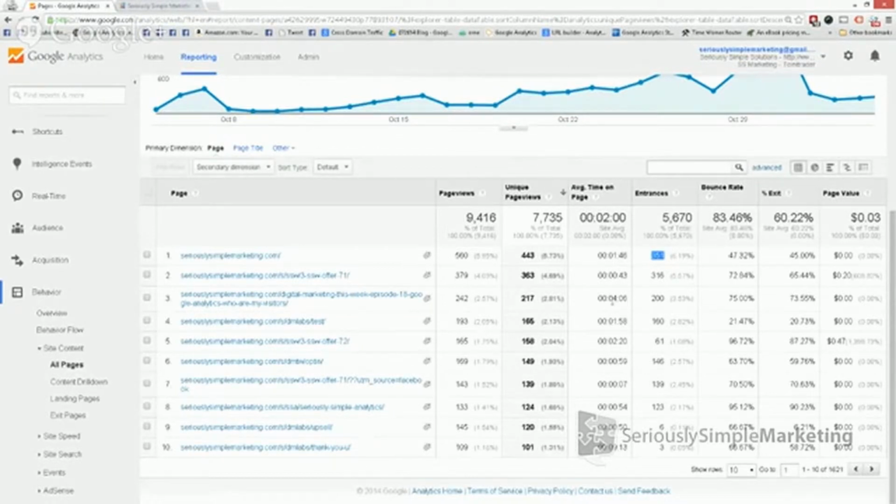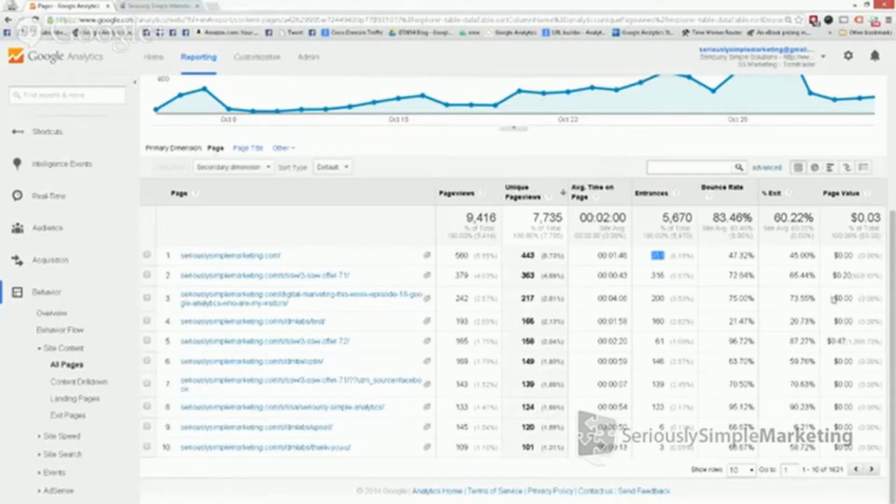Now, if we wanted to get time on page up, we could maybe do different things, changing the size of the recording, having the call to action a little bit more available on the recording so they can go and click the play button and then spend some time watching it. We might have some people going to YouTube from here and actually watching it on YouTube, but we could do a bunch of different things to help this.